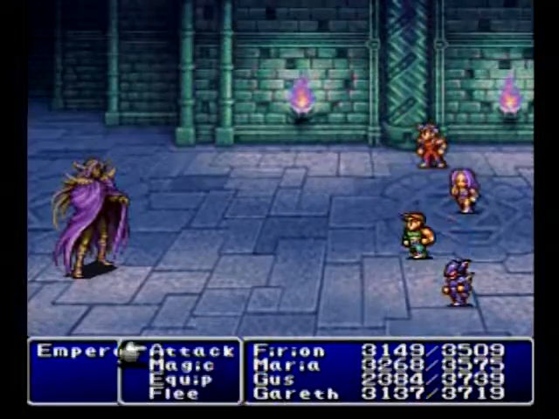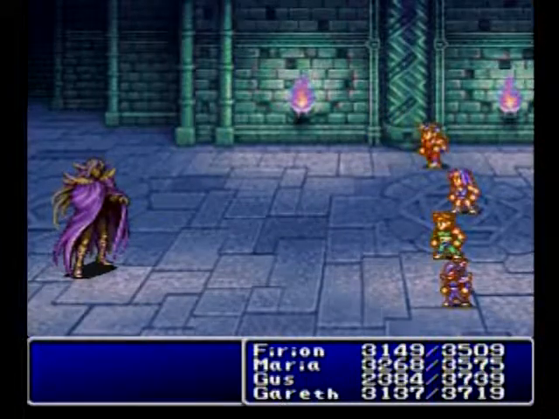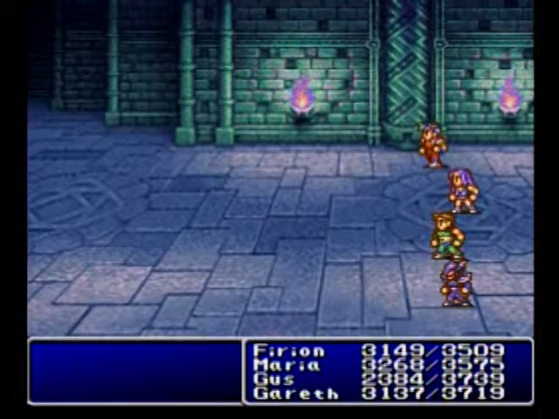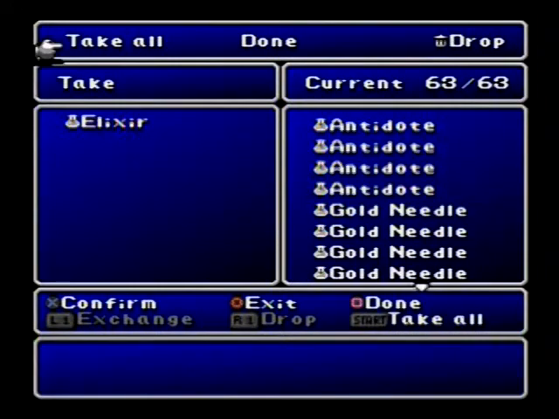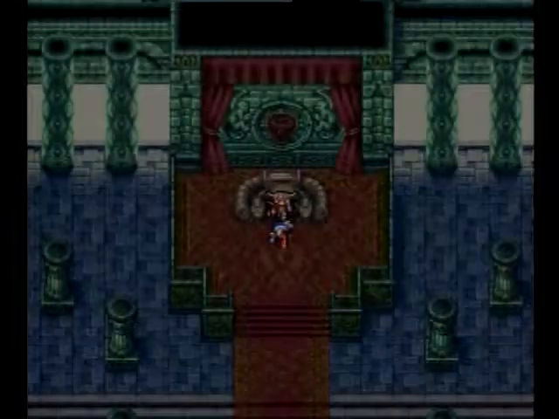So let's go ahead and take him. No magic for you, because you're dead. Wow, for a main villain, you were not hard at all. And I got a spell level up because of you. Ha ha ha. I'm actually not going to take that elixir. I probably should have, but...